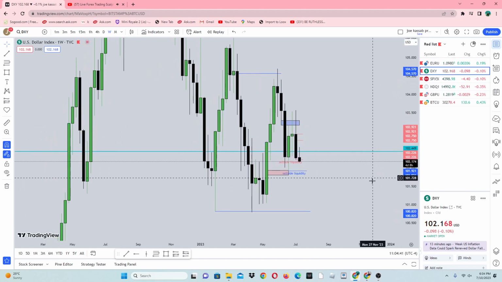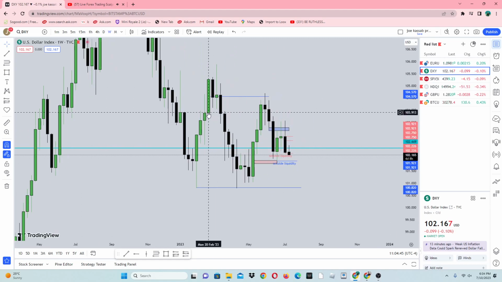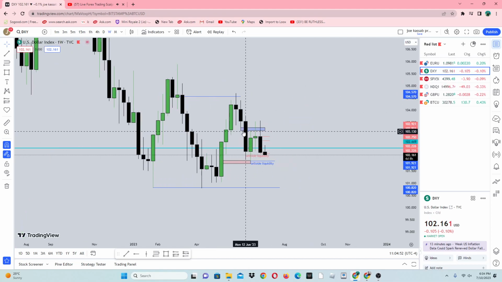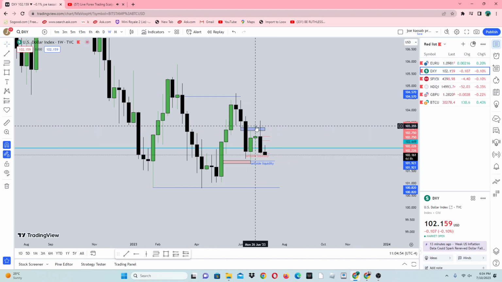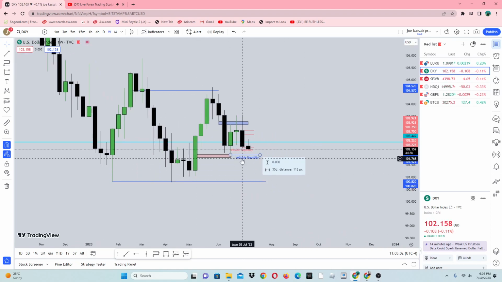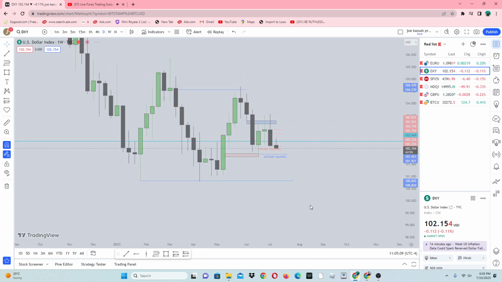Okay, so what I was seeing weekly, we have this bullish order block, mean threshold hit, rejected, weekly fair value gap, worked 1, 2. So this week I'm anticipating price to take the sell side liquidity, plus we have this weekly sell side liquidity. Okay, now going into the daily,